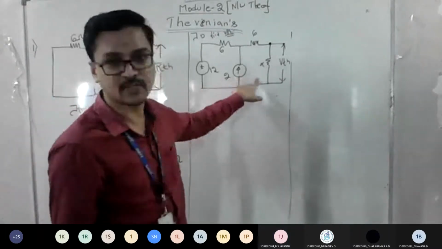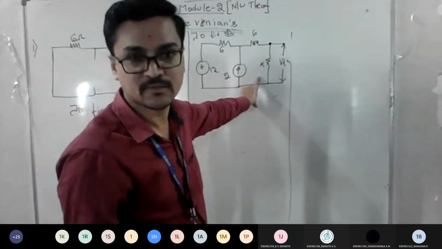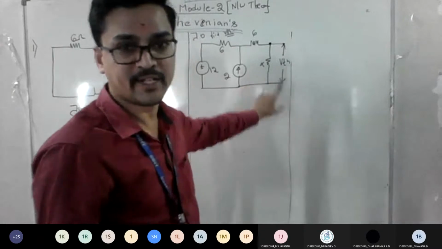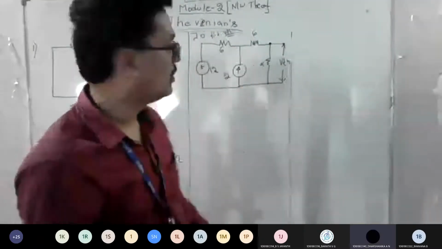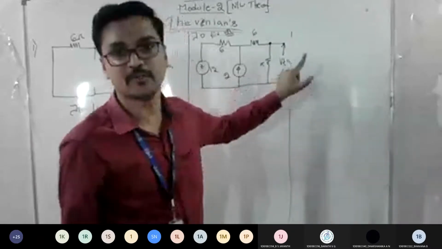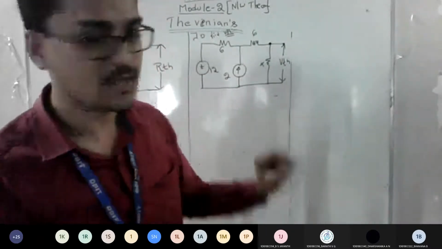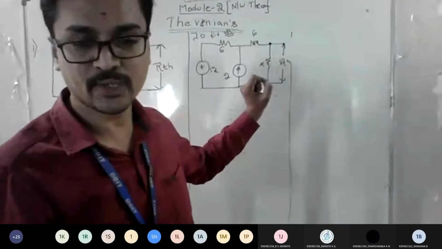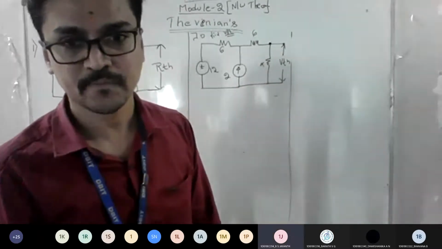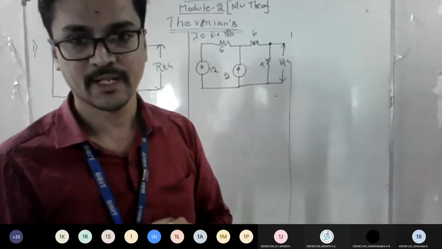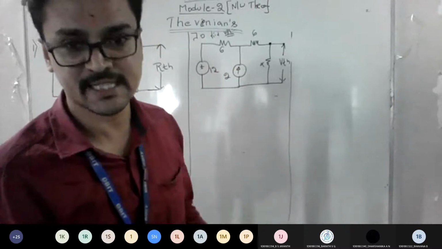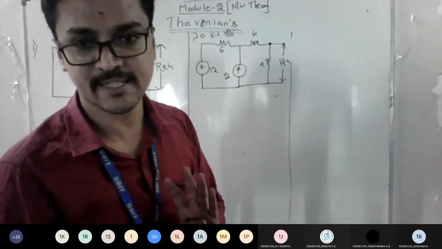You need to find I1, I2, but out of I1, I2, which current do you want? I2. So if you're able to find I2 current, that can be helpful for you to find VTH. So VTH is equal to I into R. I is I2 into R. If you do, will you get the answer or not? Yes, sir. That is one method. Okay. So for few problems, you may feel mesh analysis is easy. For few you will feel KCL is easy.